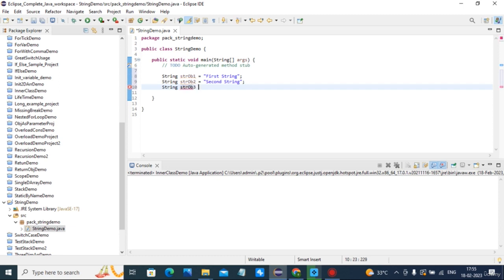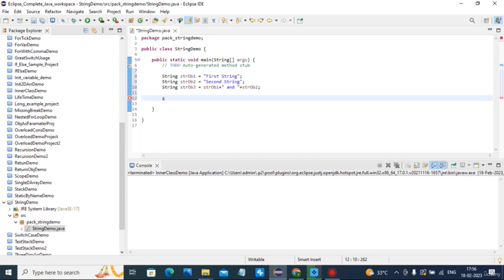String str object3 is equal to str object1 plus and str object2.